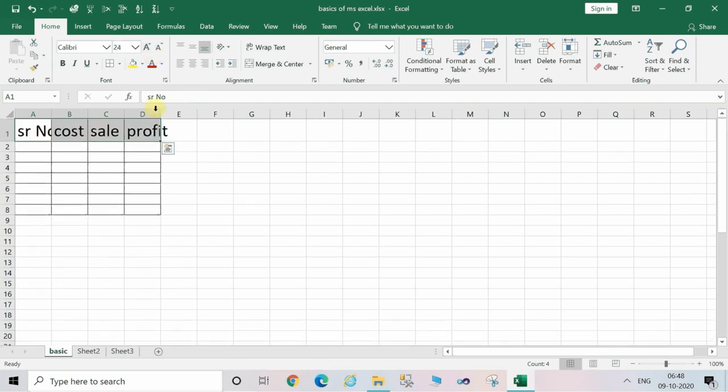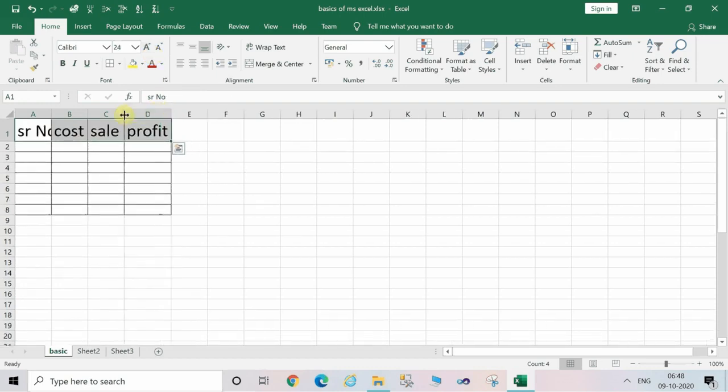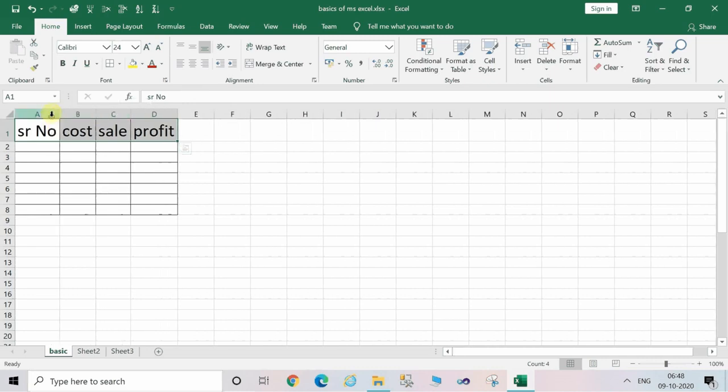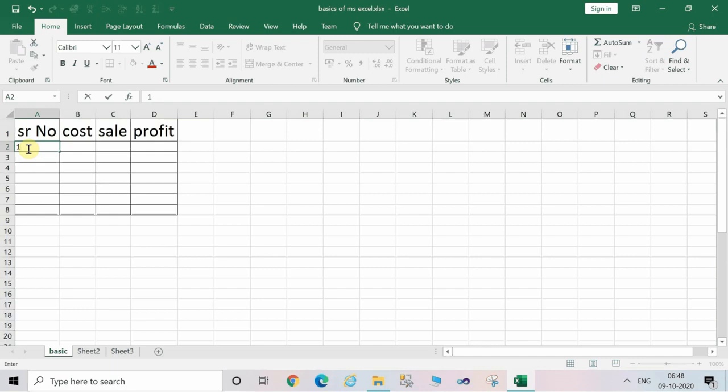Let's click on the A button, which will increase the font size of the selected cells. So I'm entering some data over here. These are the serial numbers being entered.